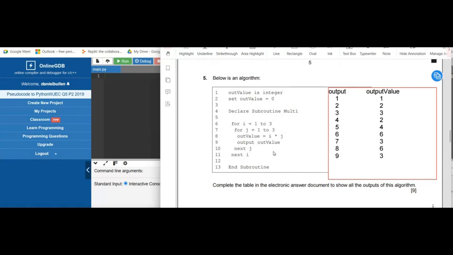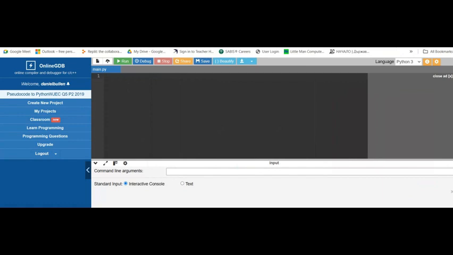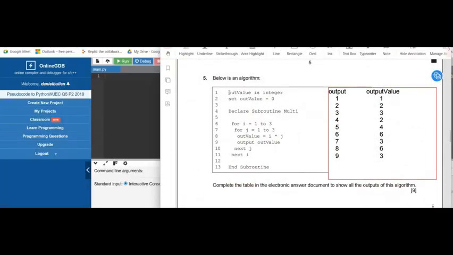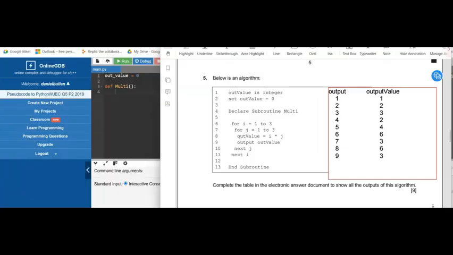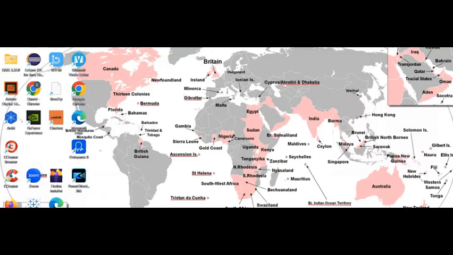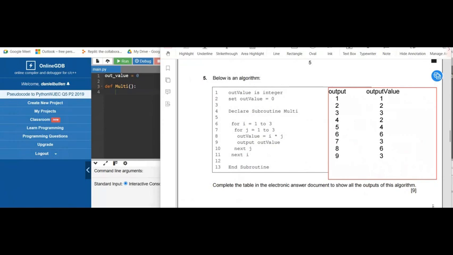So let's say I decided to test this in code. So I'm going to go in here. I'm going to test this in code. So we would need to have a look at the algorithm. Out value is integer. So in this case, out value is going to be a 0. Then we declare subroutine called multi. And then what we do, we bring in those for loops. Okay? So you do global out value